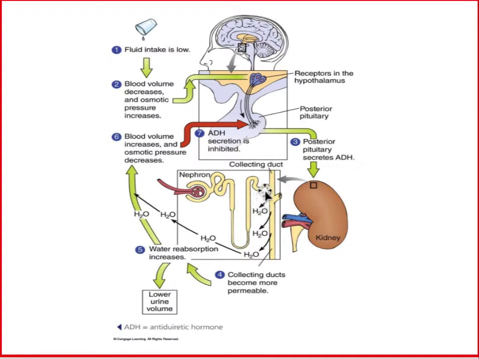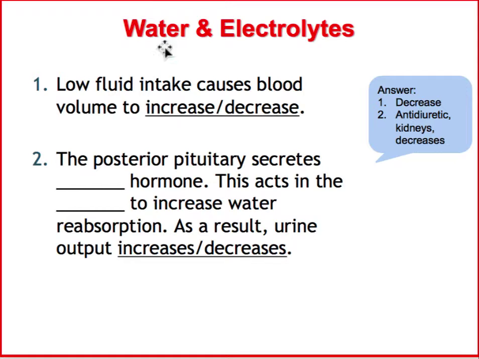And so what happens is that it causes more water in your urine to be reabsorbed into the blood. So when you're hypohydrated or dehydrating, that causes more water to be reabsorbed from the urine. Urine volumes go down, like we saw in the previous slide, and you absorb more water, and that increases your blood volume. That is sensed by the hypothalamus, which then stops release of antidiuretic hormone, so it's a negative feedback loop.